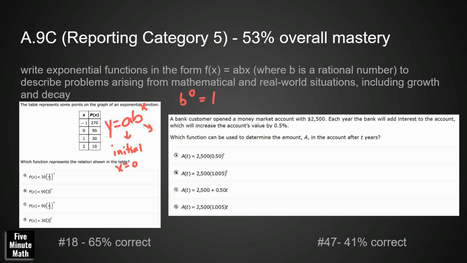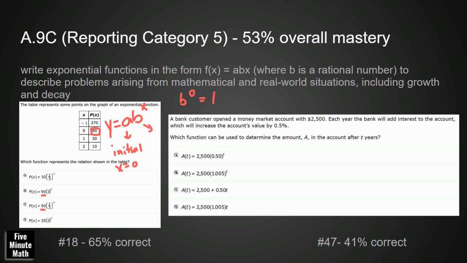And so when x equals 0, we actually have it right here. We've got it as 90. So therefore, that's our initial value. That is our y-intercept. And so we need to look at either B or C. Now, we don't necessarily need to do any type of calculation to figure out whether it's B or C, because